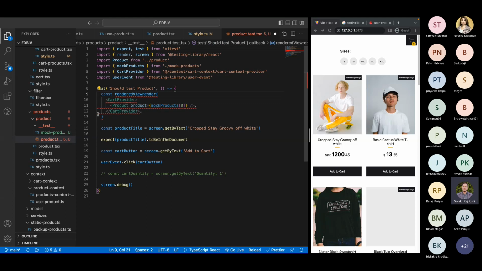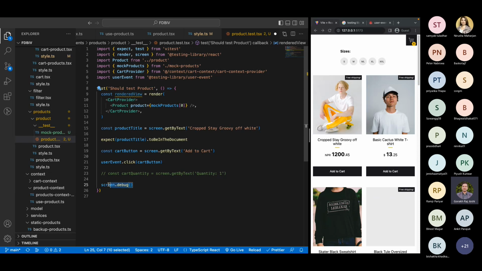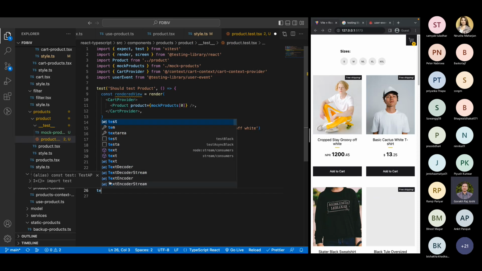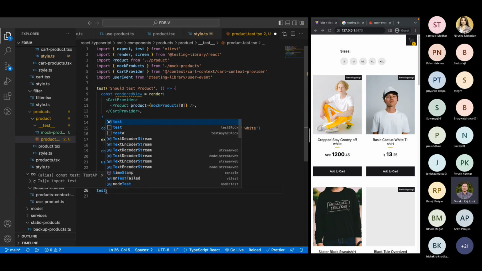This is the current rendered view we are storing here. We can also write different test functions here. If you want to write different test functions, it will be better